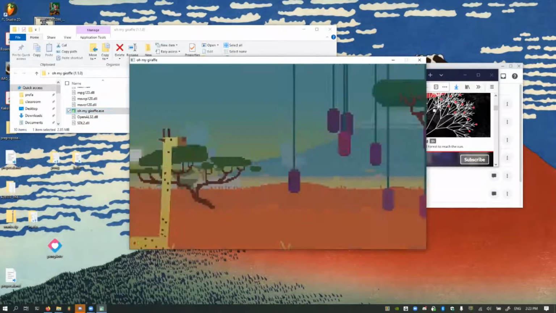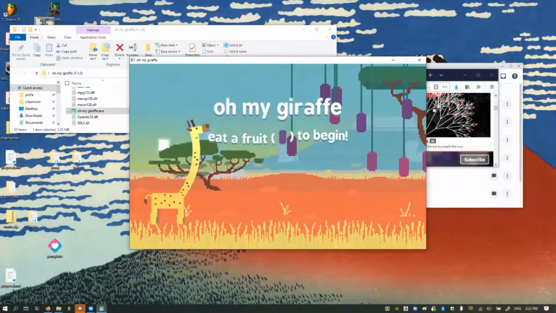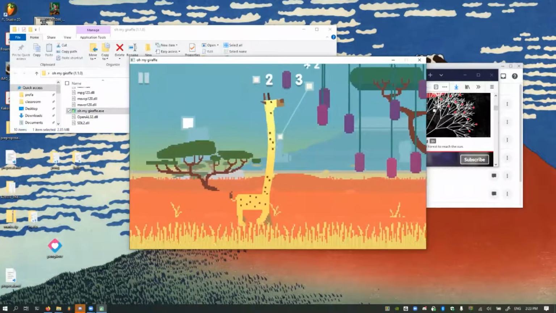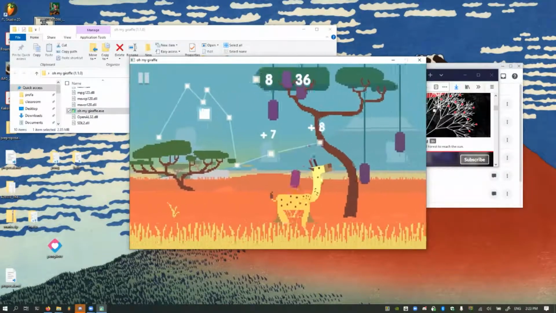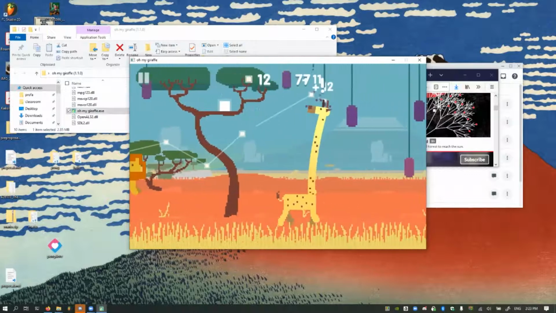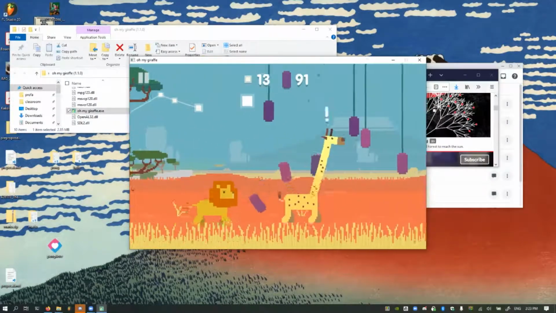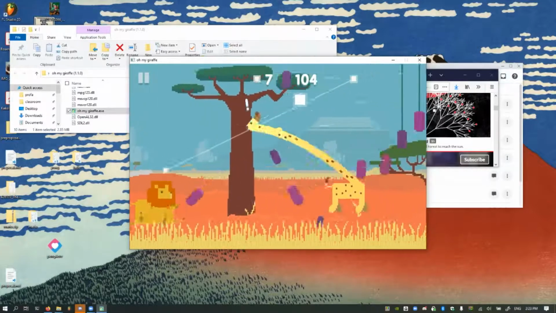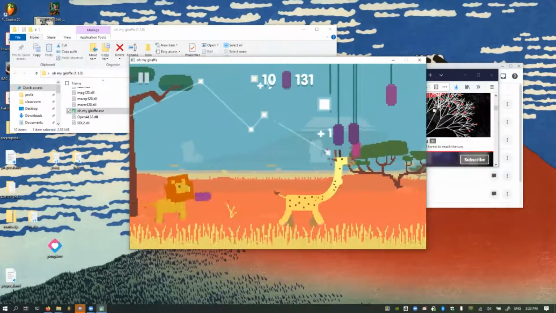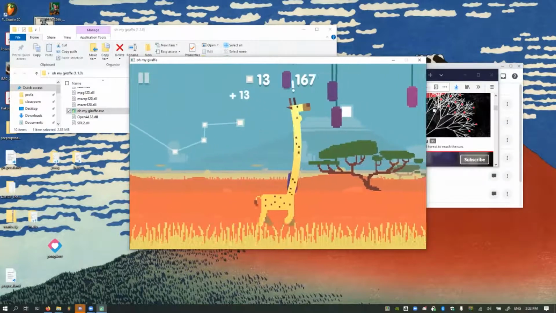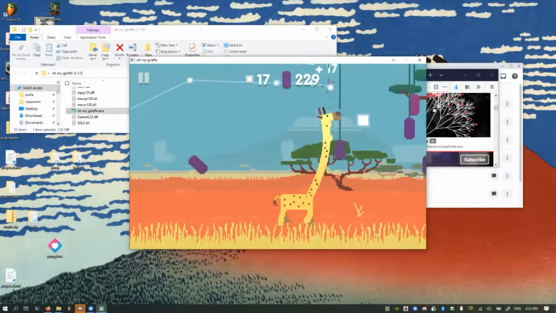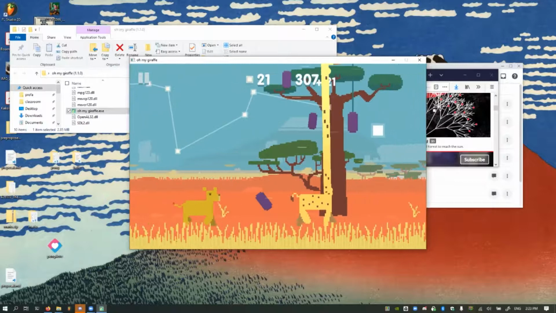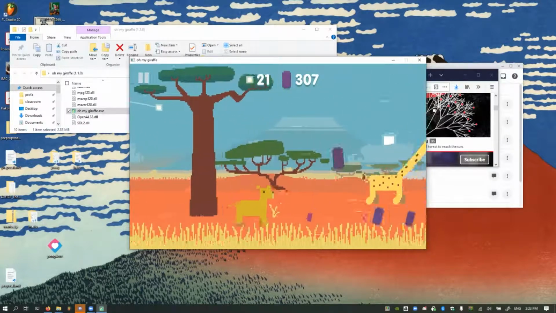Notice it's been sent as an exe, but this one here, I've got a giraffe, and I've used my mouse movement to control his mouth, and he basically eats these fruits. And then it's got lions who chase me. And what I have to do in order to avoid getting eaten by lions is drop the fruit behind me by snipping it rather than eating it. But I can't snip them all because otherwise I'll get hungry.